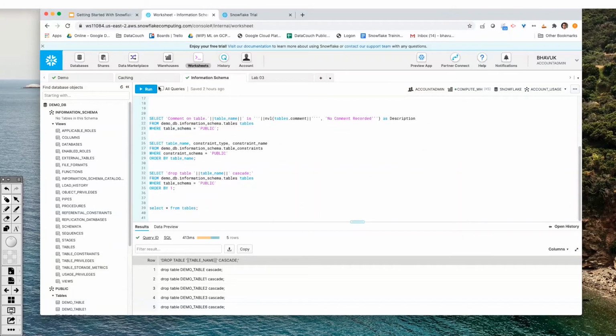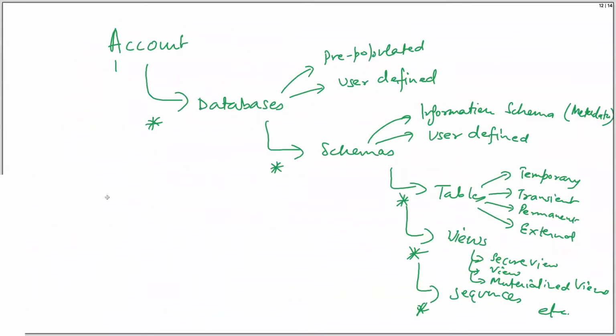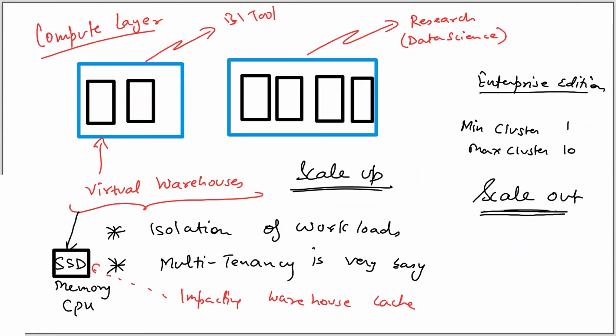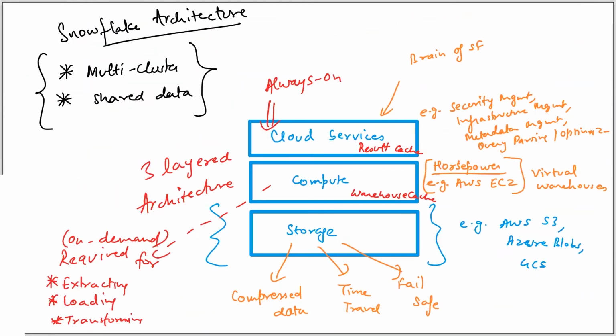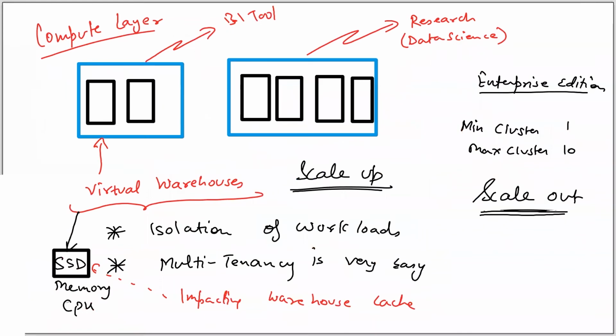Apart from that, I was referring to this services layer, and this storage layer actually stores data in FDN format, and it is columnar format, and there are many advantages of storing data in columnar format because the data is stored in an optimized manner. I will give you some background about the storage layer. So what happens in the storage layer? The data is stored in micro partitions.